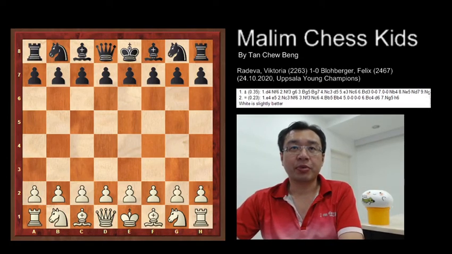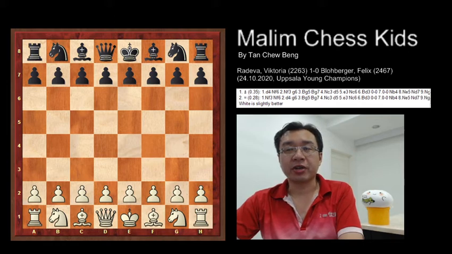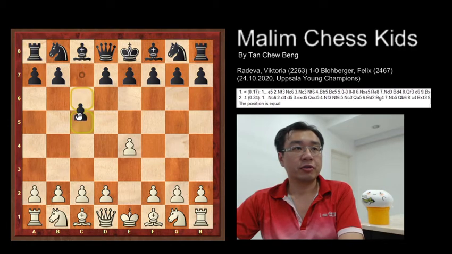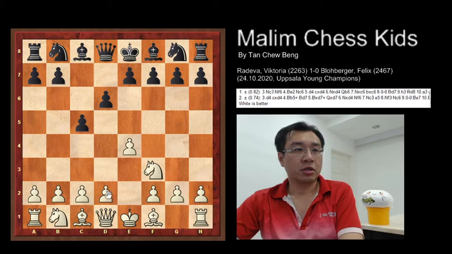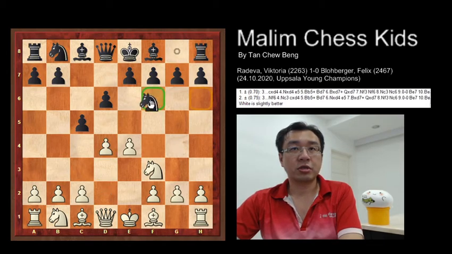Today I'll show you the game played by Viktoria and Felix, and the game starts with pawn to e4, c5, knight f3, d6, d4, knight f6, and now d takes c5,